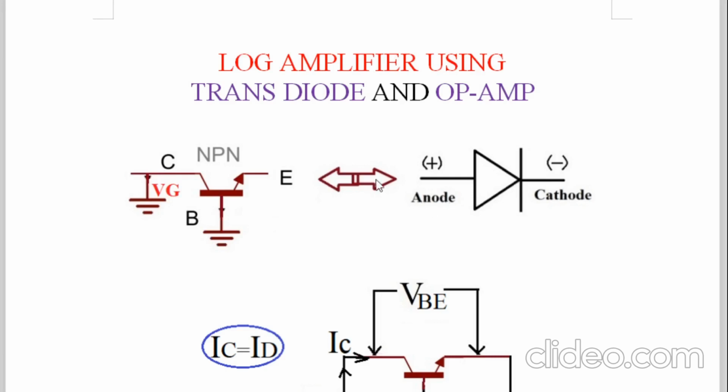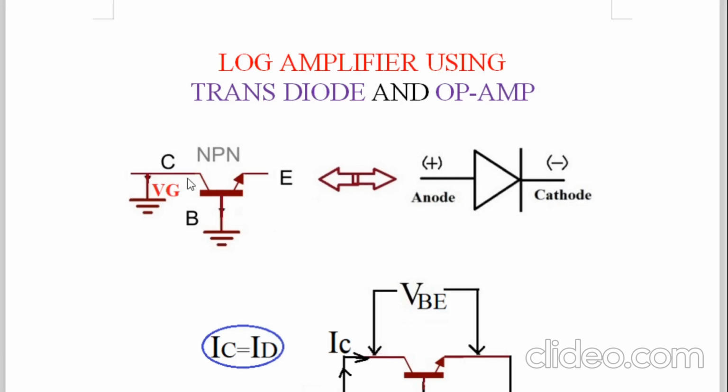Therefore, I have drawn a bidirectional arrow. This diode is equivalent to this transistor, in which the base is directly connected to the real ground and the collector is connected to the virtual ground. So it is an NPN transistor. What is remaining here? See, this P is common. This PN junction, collector to base, is now short circuited, and what PN junction remains? P and N between base and emitter. So this remains active. In this way, a transdiode is nothing but a diode fabricated by using a transistor.